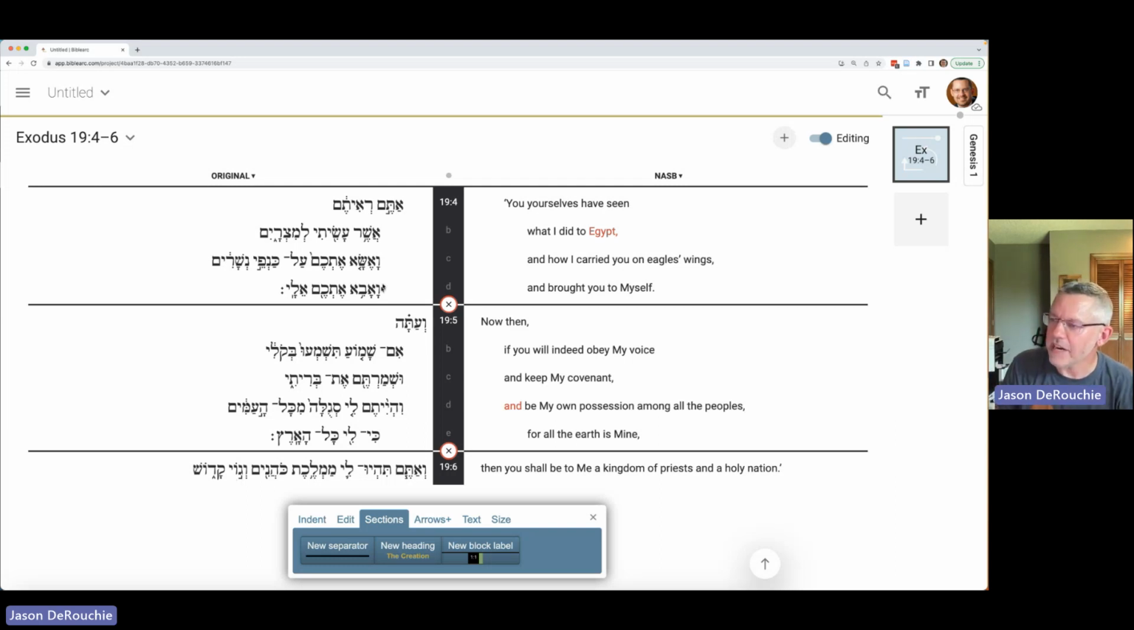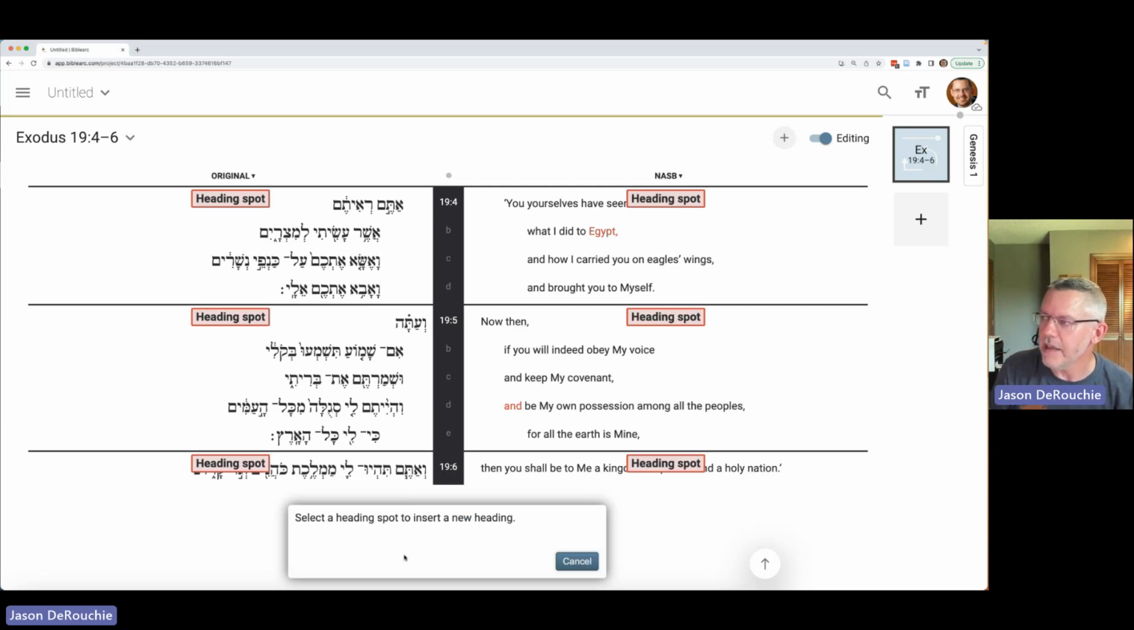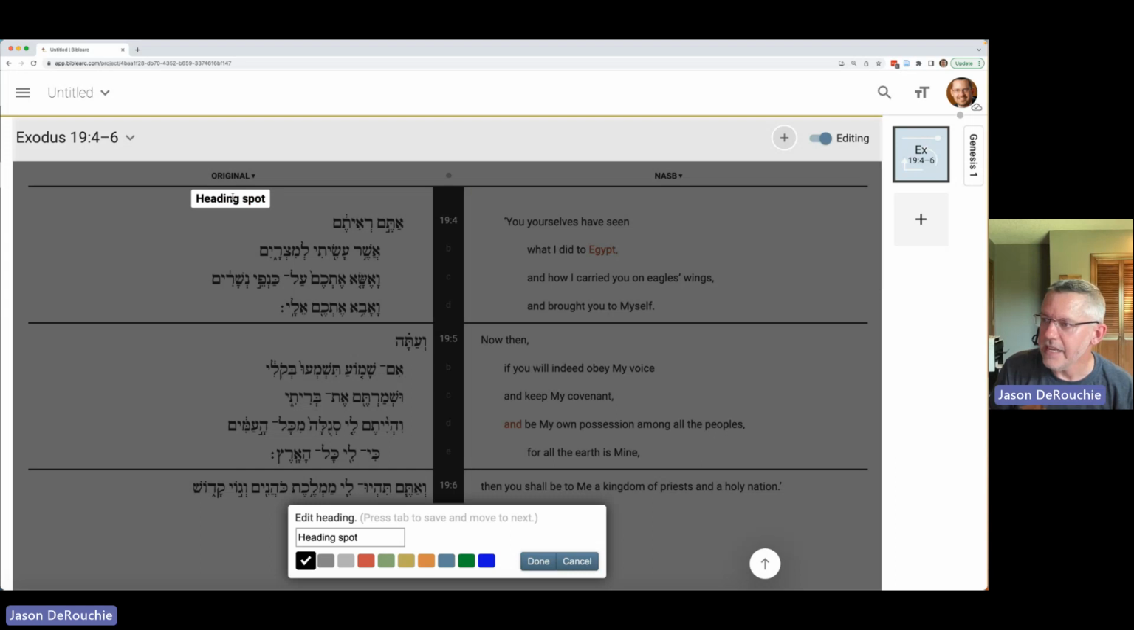So we have these sections, but they're distinct sections. So now I'm going to go down to, in the section tab in our editing box, I'm going to go down to new heading, because I want to actually put a heading in each of these major units that's able to distinguish for me the basis of Israel's calling and the nature of Israel's calling. So I push new heading, and you'll see there's all these heading spots that are all of a sudden lit up. And so I'm going to push the top one, heading spot,